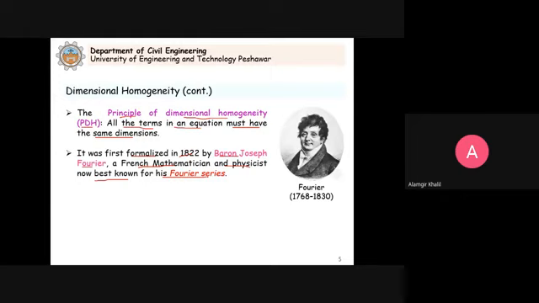You might have studied it in previous semesters in math courses. This Fourier series is actually very important. I will not go into detail, but just to tell you, we apply this to periodic